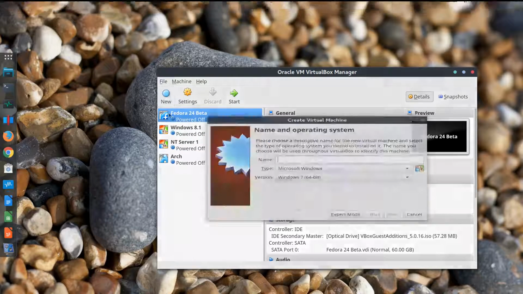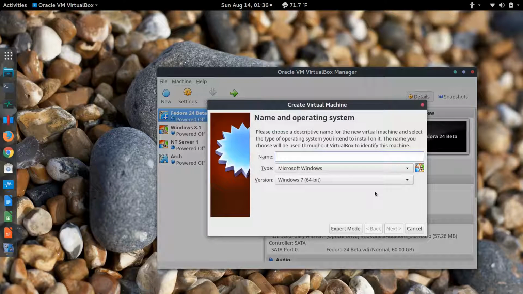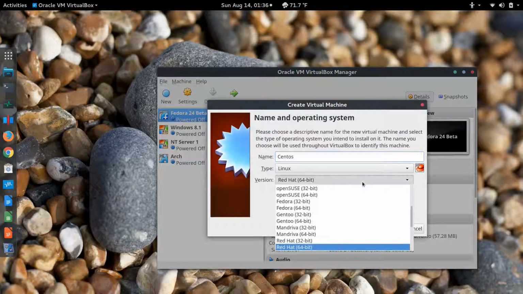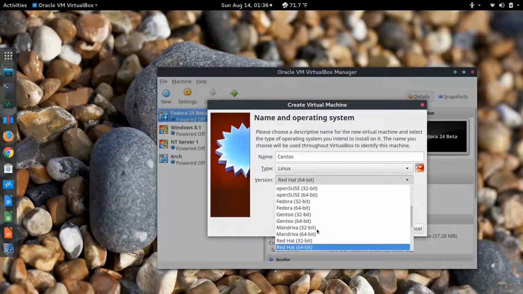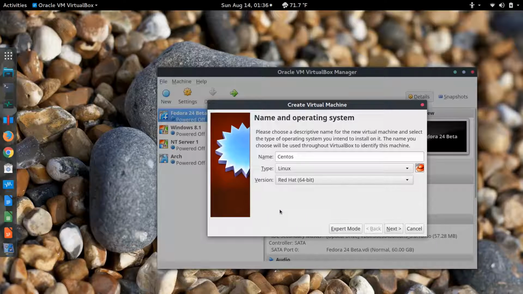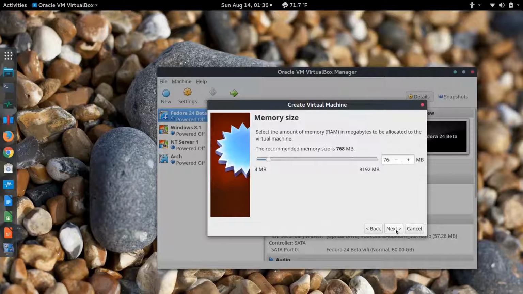So I'm going to start by clicking New, and we're going to type in CentOS, and I'm going to select, let's see if we can find it. If we don't have CentOS, we can easily select Red Hat, because it is essentially the same thing. Keep in mind that CentOS is the source code for Red Hat without the Red Hat logos, and then it's been recompiled, so it is essentially identical. So I'll just go with Red Hat 64-bit,